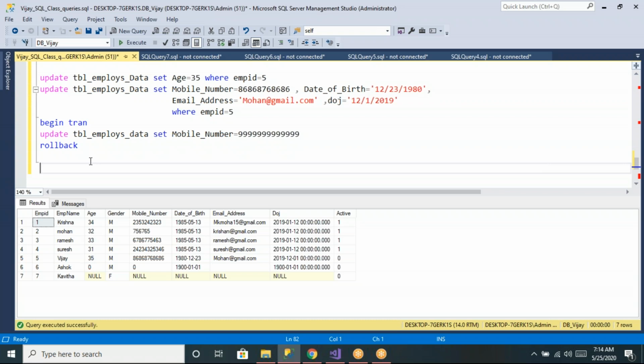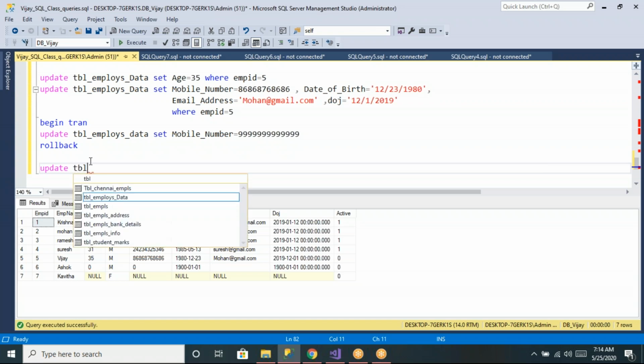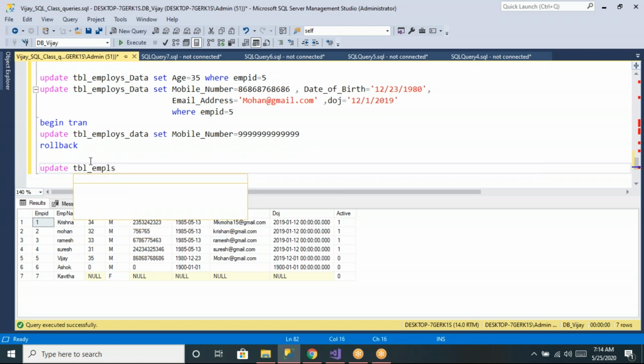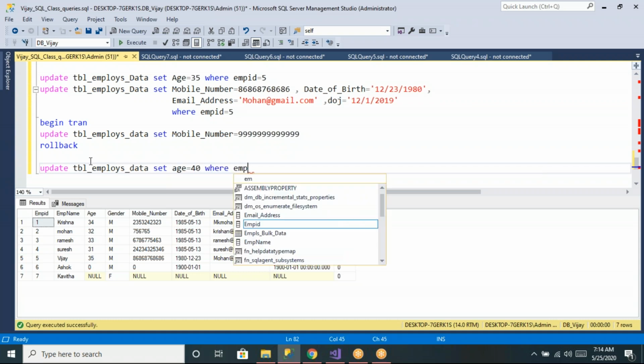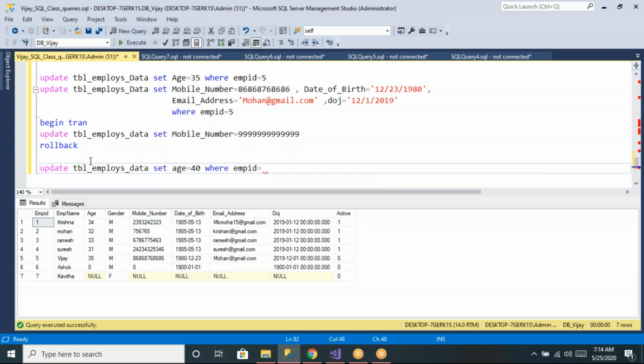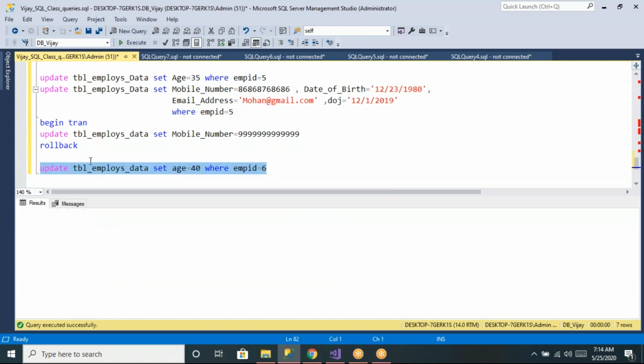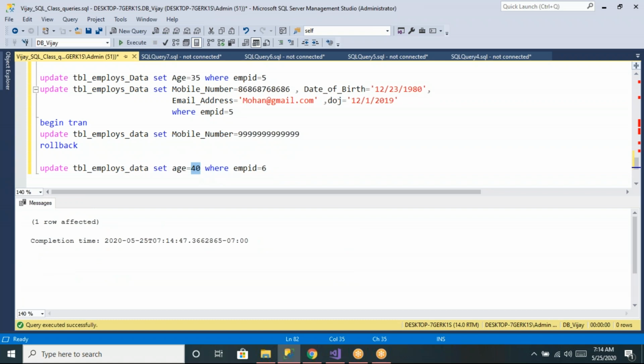We don't have any such column, so let me go for something like salary update. Update table underscore employees data, set age equal to something like 40, where EMPID is equal to 6. Let me do some updates, and let us say employee 7 has age as something like 7.